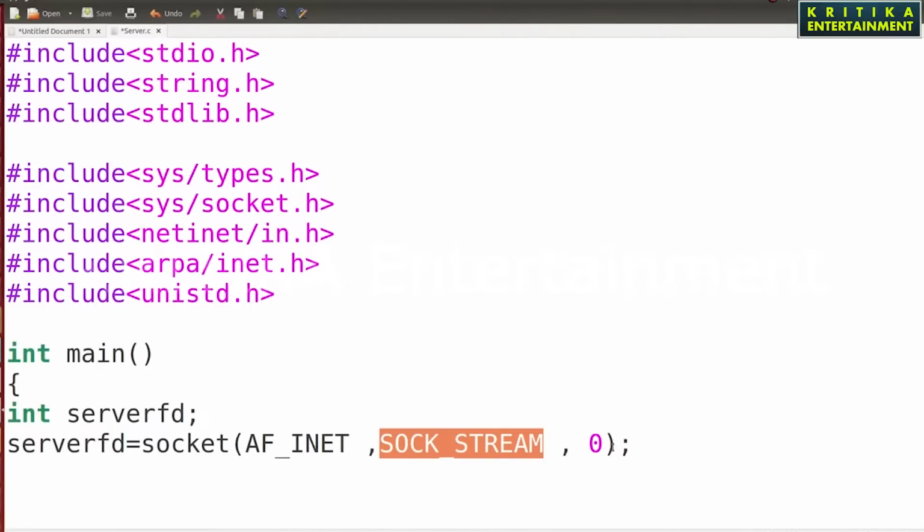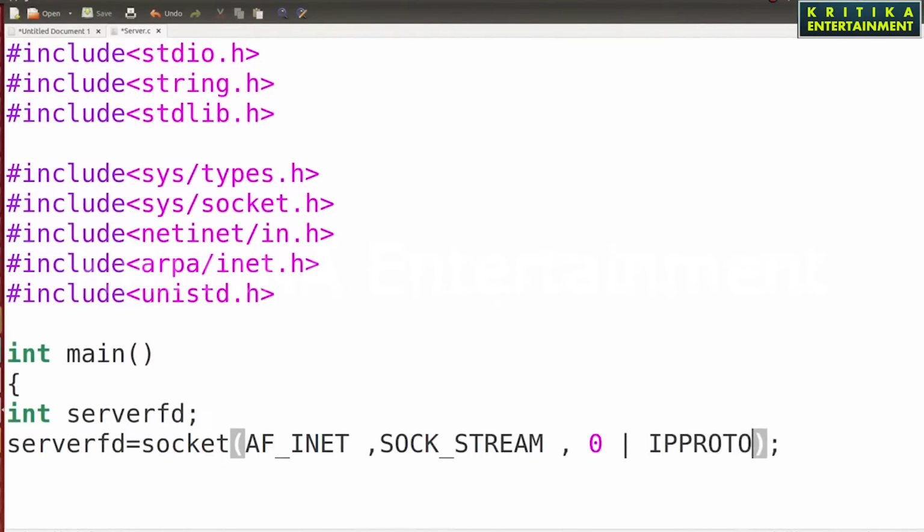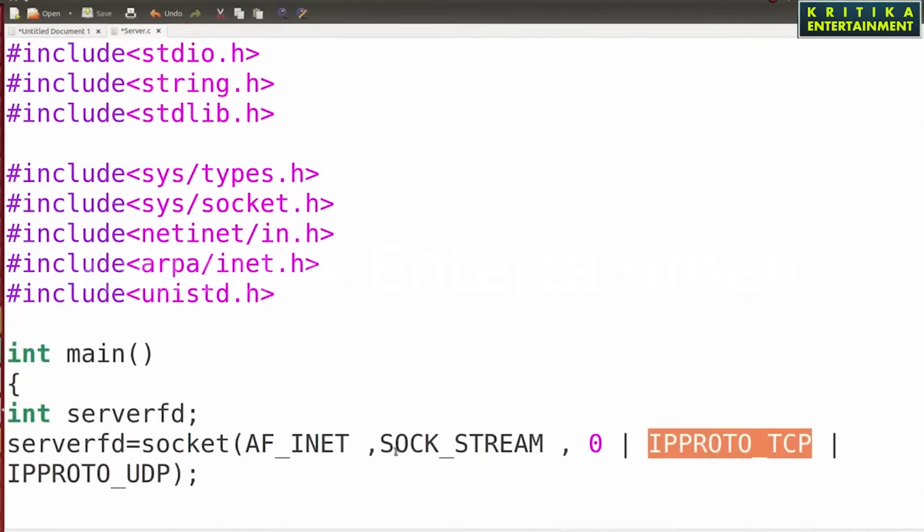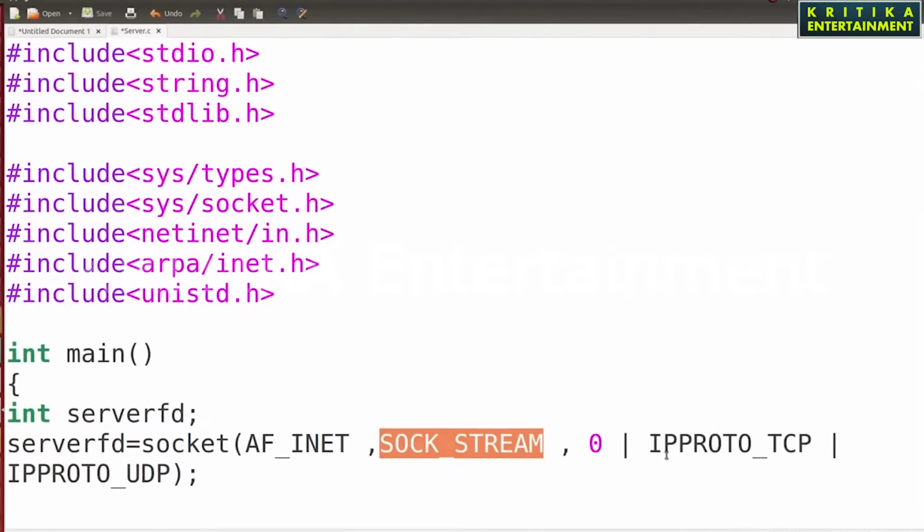Instead, here you can use these 3 values: 0, IPPROTO_TCP, or IPPROTO_UDP. You can individually write IPPROTO_TCP if you are using SOCK_STREAM, and IPPROTO_UDP if it is a datagram.